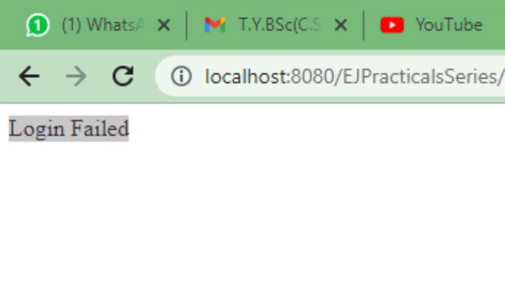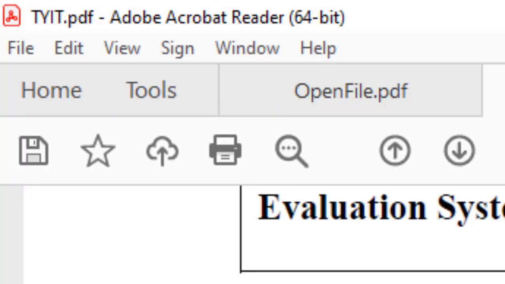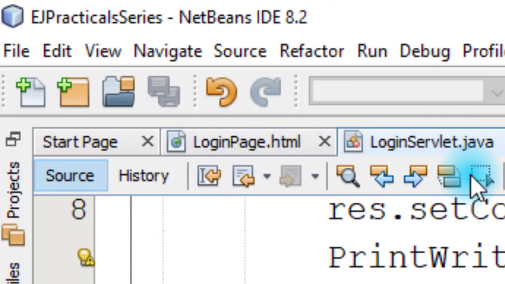So it is just a simple program where we have to check the username and the password of the user. If it is correct, it will display a hello message with the username. Otherwise, it will print a login failed message. तो ये हमारा this is the logic for the same. So this is all about the login page using a servlet. I hope you understood this session. Thank you.